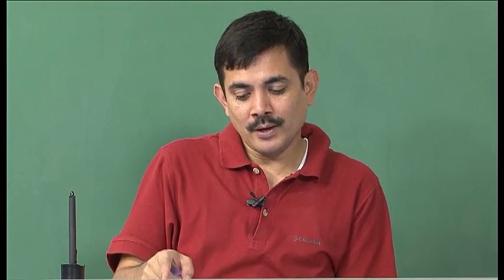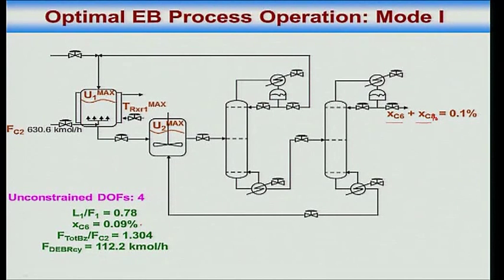Because if you put it at 0.1, then what will happen is that the boil up in the second column, I will have very little impurity C10 in the product, and then the boil up and reflux in the second column will blow up, right? But if you look at it commonsensically, it's an easily separable mixture because 2 carbon numbers are different. C6, C8, C10. So separation is not that big a deal.